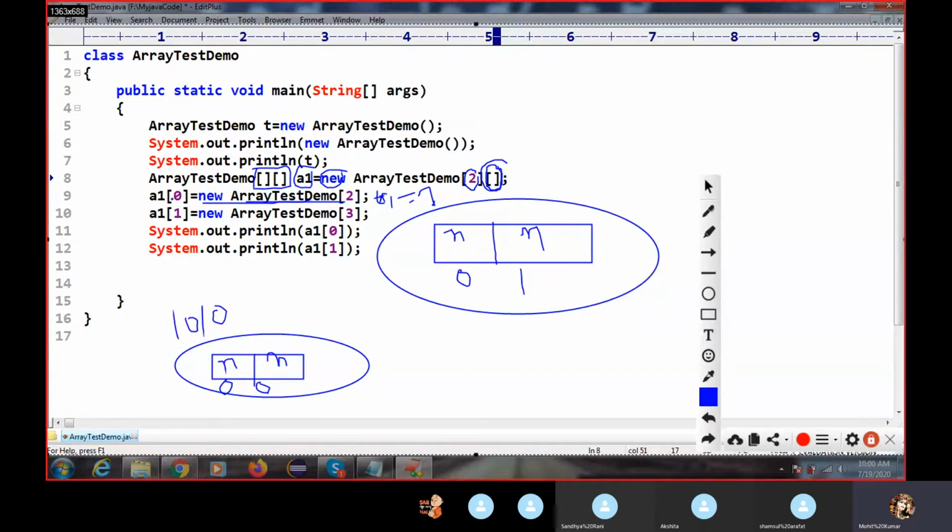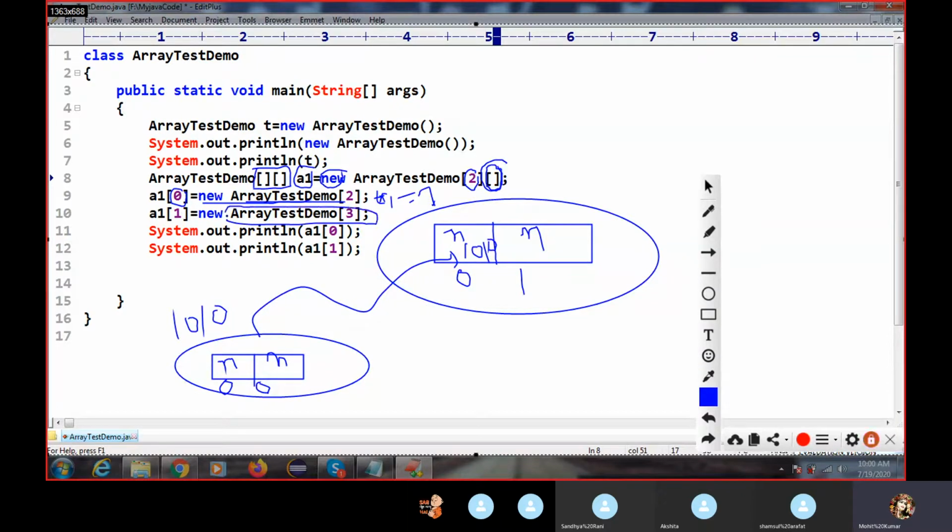Okay, and where are you storing it? In index 0, it will store inside this. So yesterday we saw that the object will not be stored directly; the reference variable will be stored. Again, inside this index 1 you are storing this value.